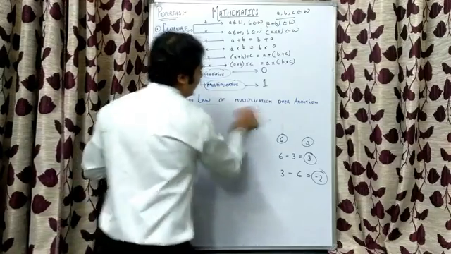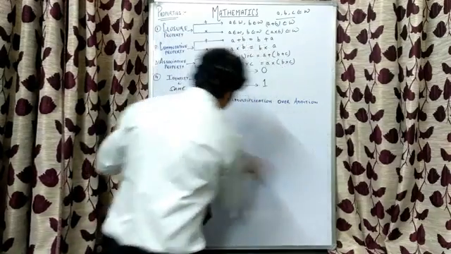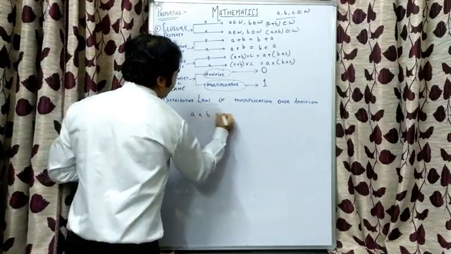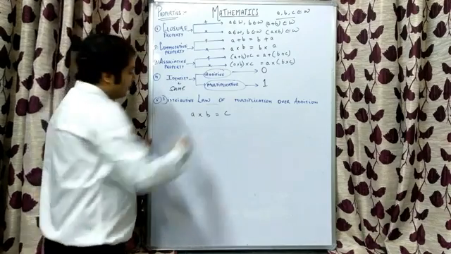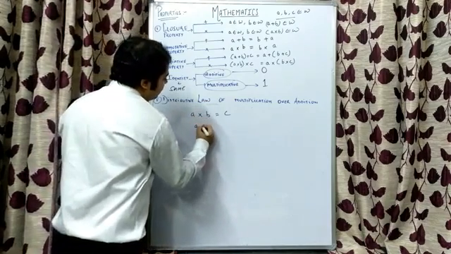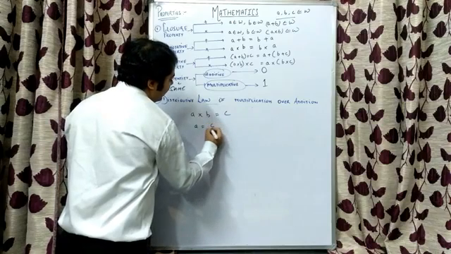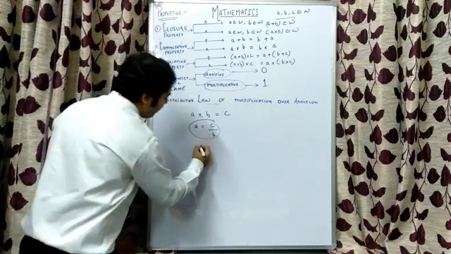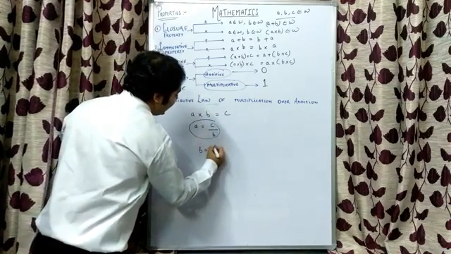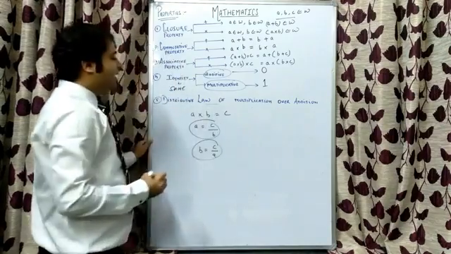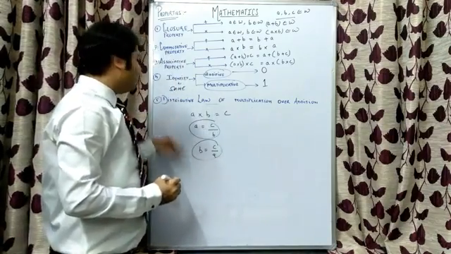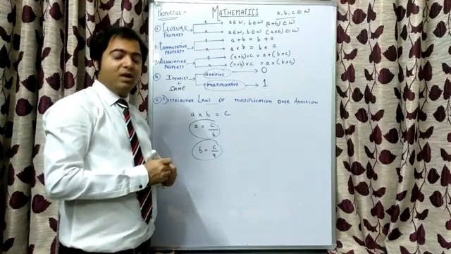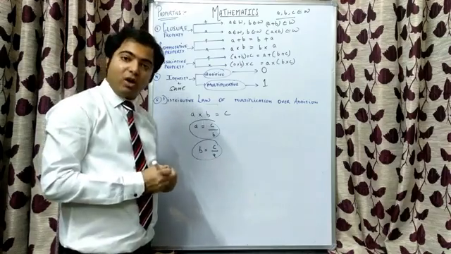For division operation, we can take an example like this. Suppose A into B gives C as a result. So if I need to find the value of A, the value of A can be determined by C divided by B. And if I need to find the value of B, then B will be obtained by C divided by A. Right? So in division, children, in our course, we will be dealing with division algorithm. Now the question arises, what is division algorithm?